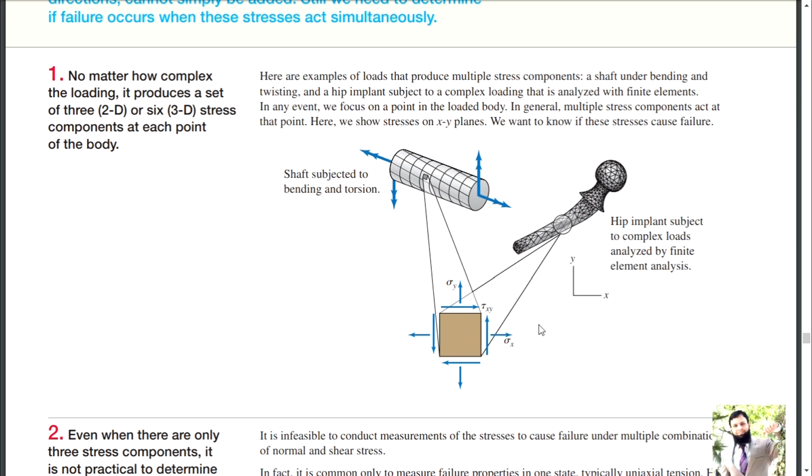Deflection, move to strain. Okay, strain to stresses, and stresses to forces. Another approach is this, that you move bottom to top. Strains. So these are two approaches, and this is your stress block.